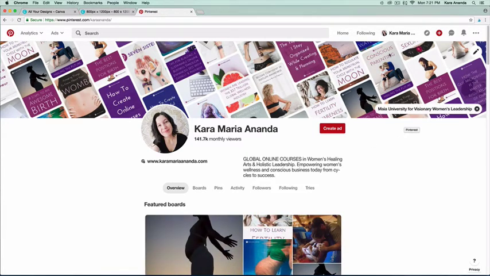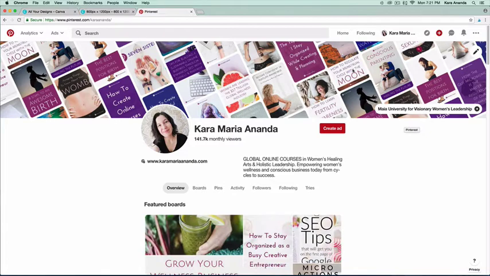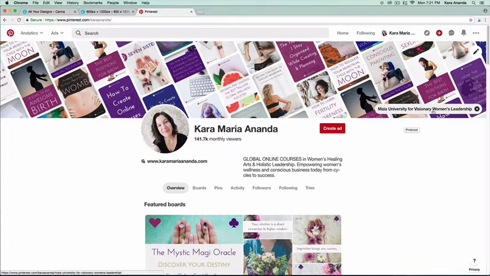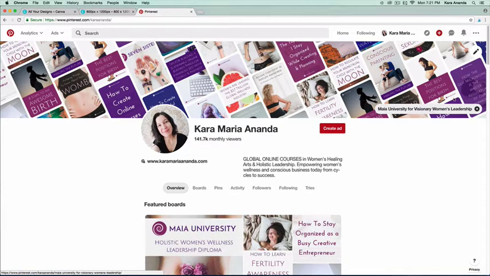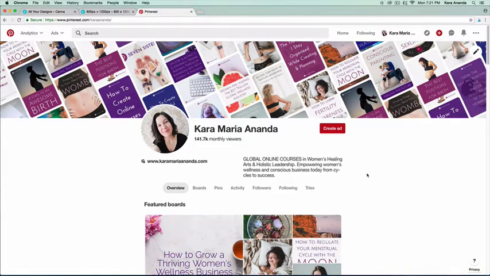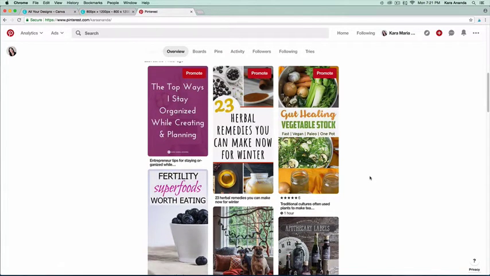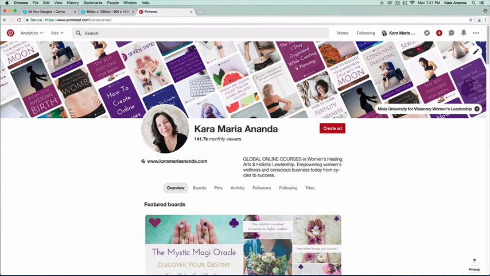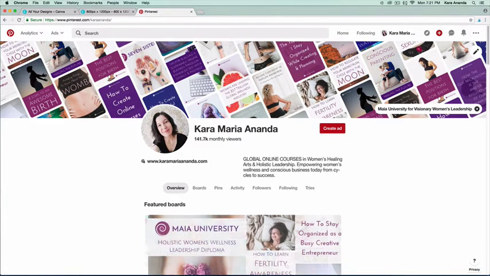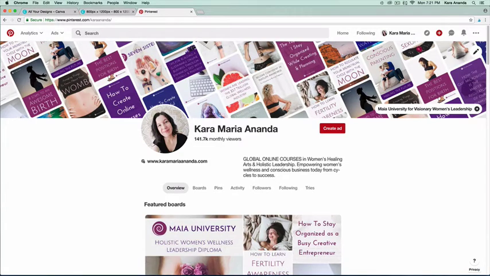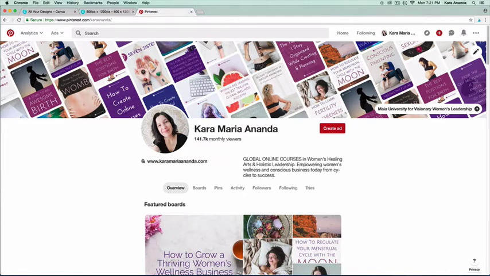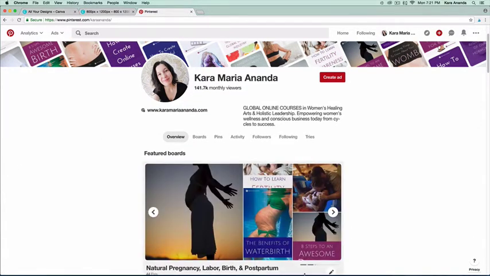So this is my Pinterest, and you can see that when you look at the profile up here, they are featuring the board of my choice, which is my University for Visionary Women's Leadership board, and they're showing all the pins from that board. I could actually change this to show all the pins that I've been pinning, but I don't want to do that because I share other people's pins as well as pinning some of my own, like here. But here we have this wonderful place to feature your pins and the ones that are specifically related to your business in your business related and brand related boards, which you can also feature right here in the featured